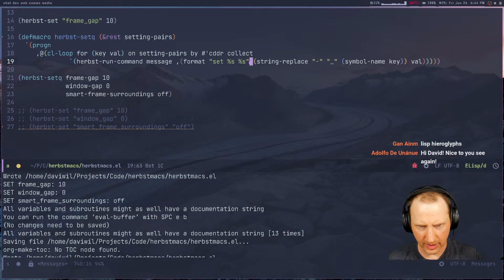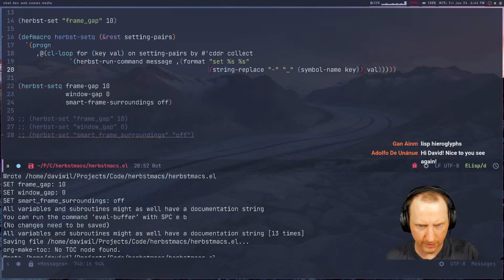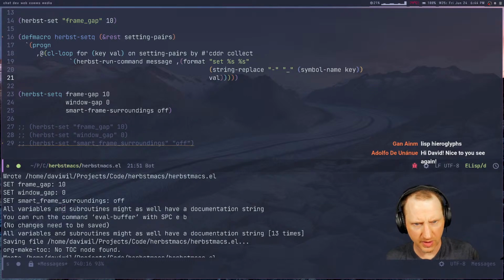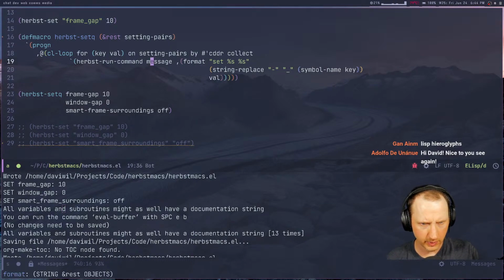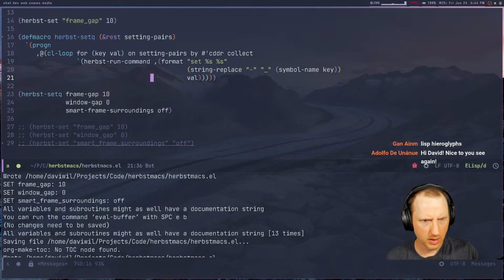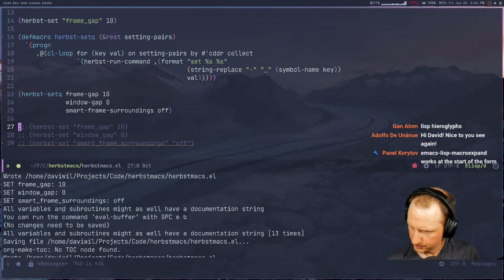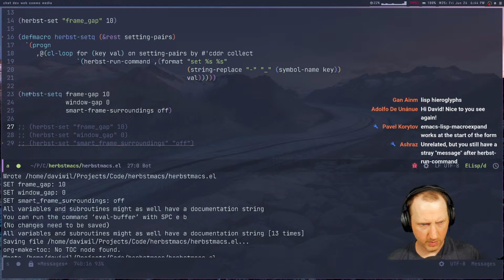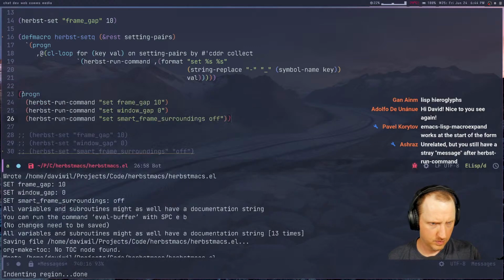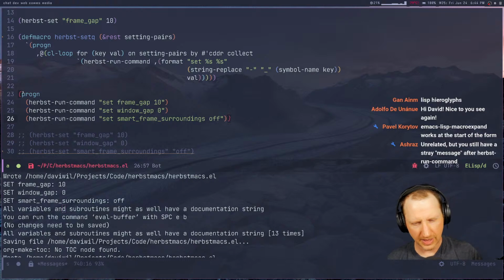All right, let me break this down a little bit so that we can see what's in the stuff a little bit. Wait. That's not supposed to be there. Okay. And then run that again, and then macro expand. Still into file during parsing. That's fun. Works at the start of the form, does it? Well, how about that? I thought it was at the end. Okay, at any rate,